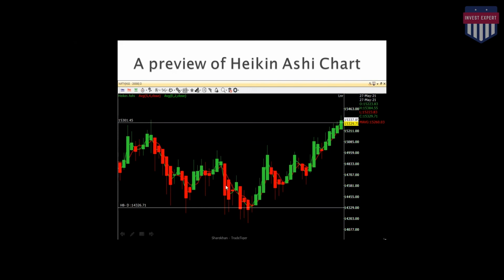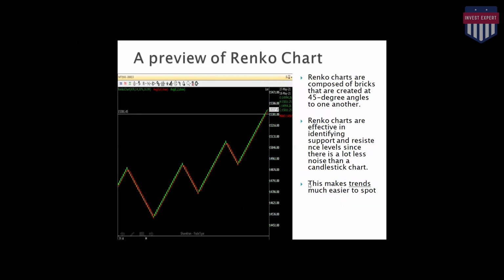Okay, so every candle or a set of candles will not be present here and will not indicate the change of direction. So here the range or the direction of the stock is made very clear, much clearer compared to the candlestick chart. Okay, and finally we have the Renko chart, which is not a very regularly used one, but